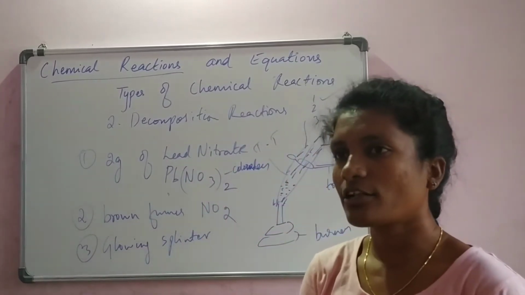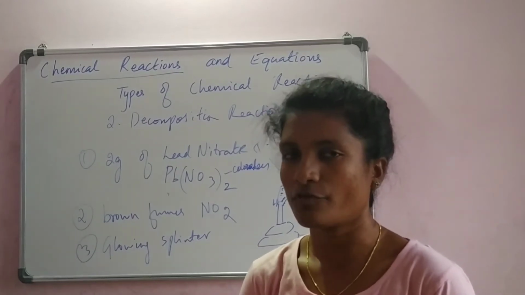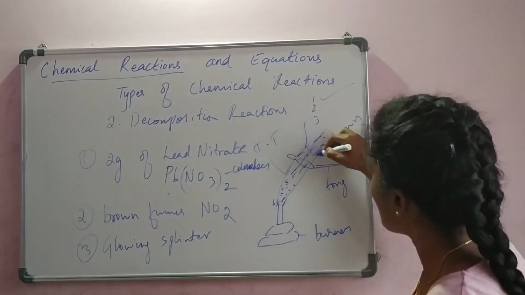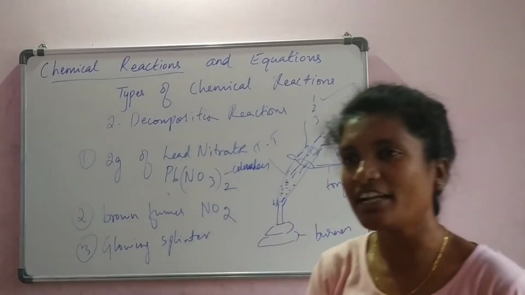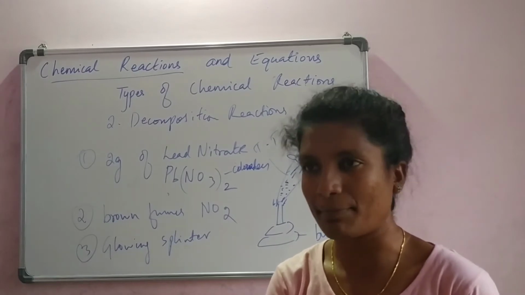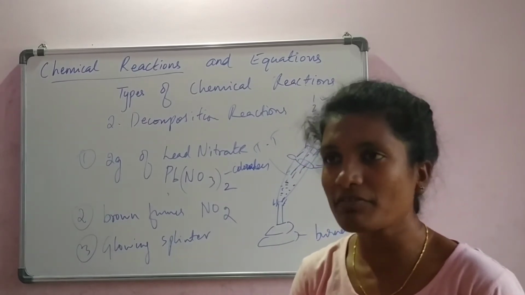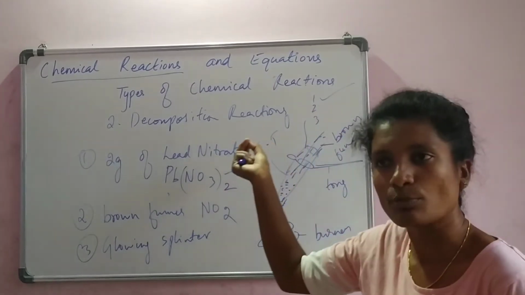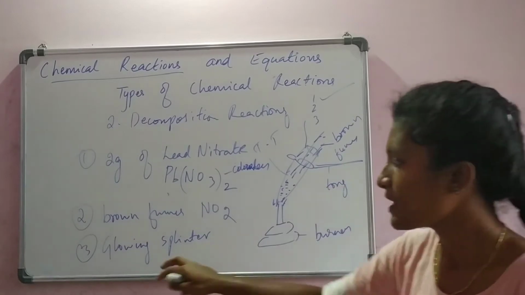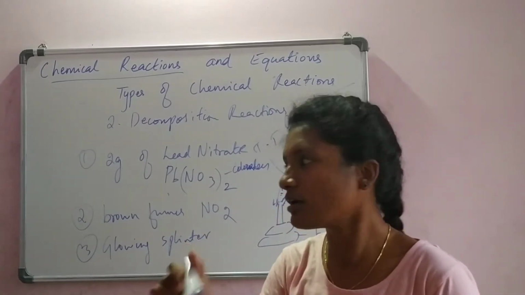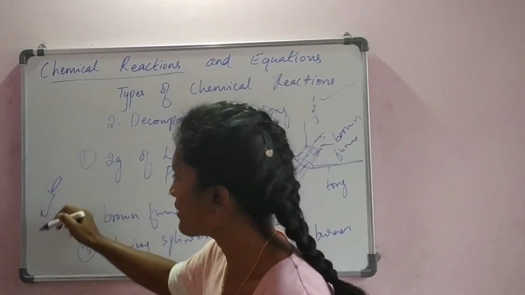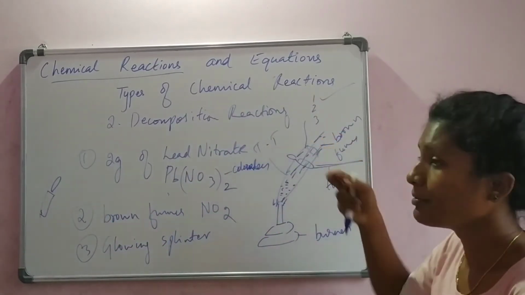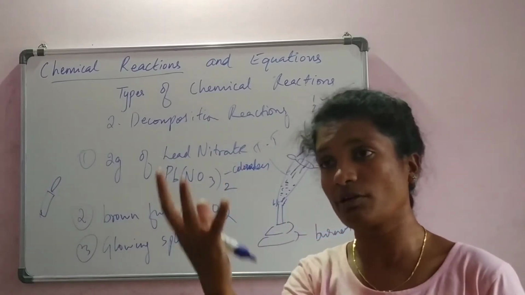See, so we know that to burn anything we need oxygen. For combustion, oxygen is an essential gas. So near the mouth, if you bring a burning splinter, a kind of combustible material like a paper or anything, but paper will not work out in this experiment because for paper a little bit of fire has to be given, then it will start burning. But glowing splinter is a kind of candle or something which is already glowing, okay, which you bring near the mouth of the test tube, which makes the splinter glow even more.